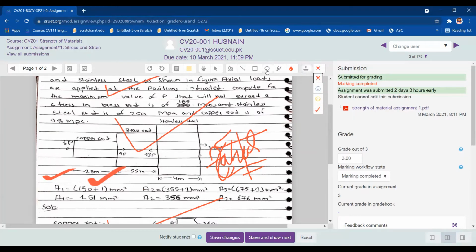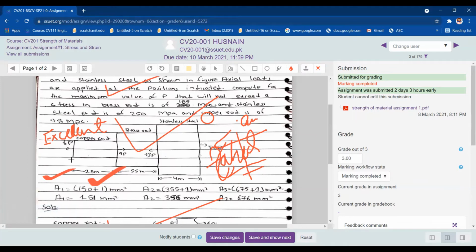If you want to mark something that he or she didn't do well, you can mark a circle with it. If you want to use this square box, you can mark it and then mark a cross. And there is a line, you can use this one. And this one is a wavy line. You can use it for writing anything you want. For example, if he gains full marks in this assignment, I can write down excellent with this.